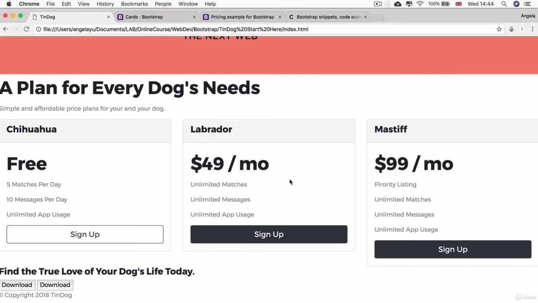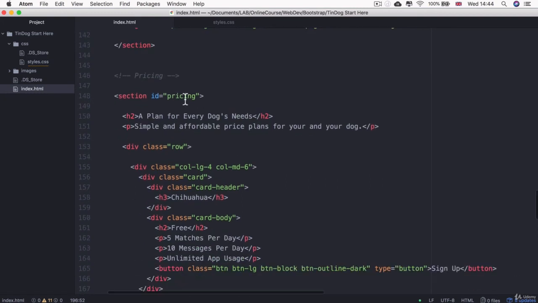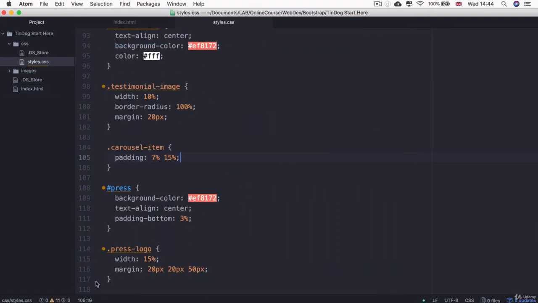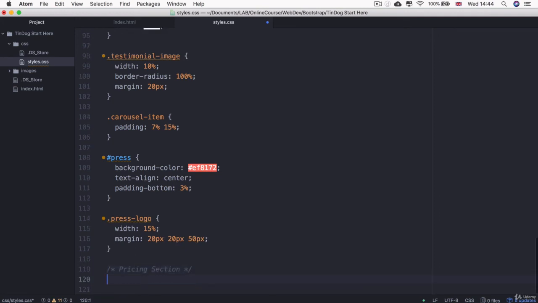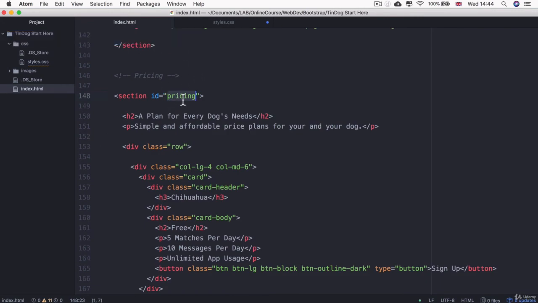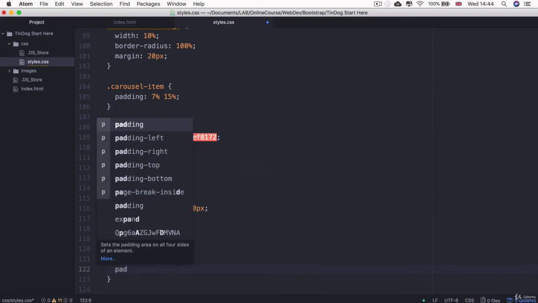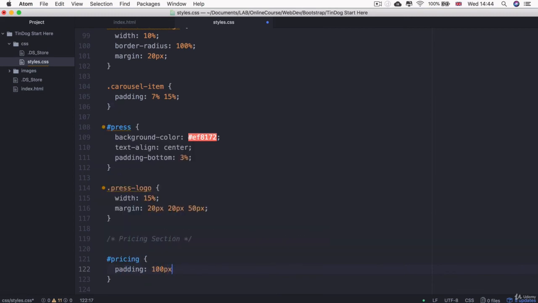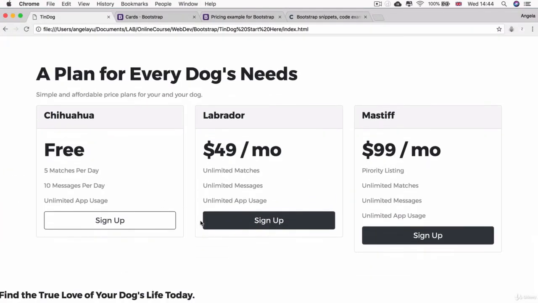and the text. So the first thing I want to do is add a little bit of padding from all sides. So let's head into styles.css, and the part that I'm going to put the padding on is this pricing section. So I'm going to scroll down here and I'm going to add the pricing section. And here I'm going to target the pricing selector. Let's just check the spelling. Pricing looks good. And then I'm going to add that padding, which is going to be roughly around 100 pixels